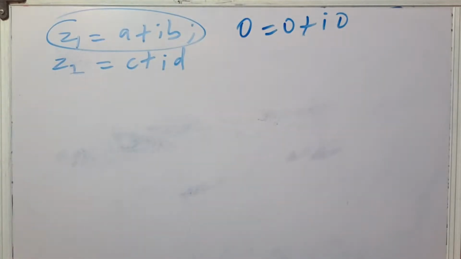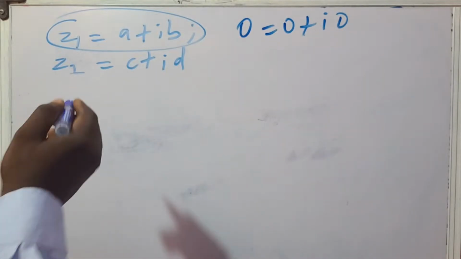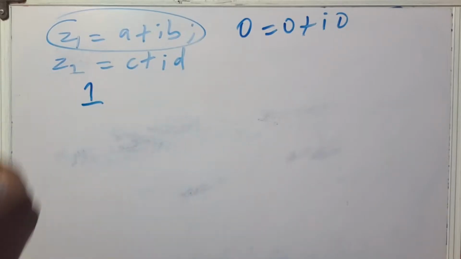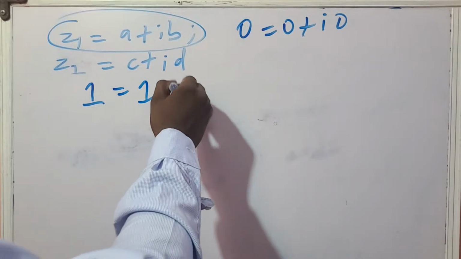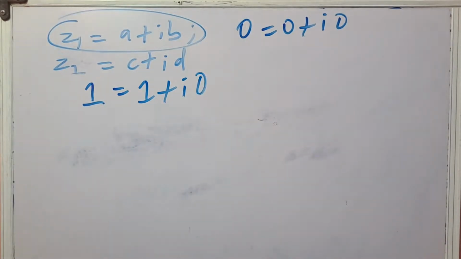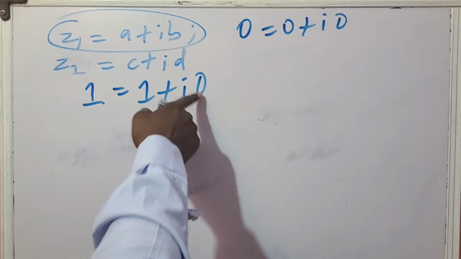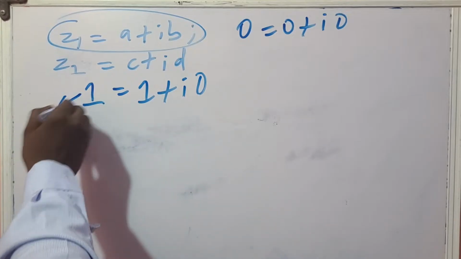Don't forget that. But under multiplication, we have what we call the multiplicative identity, and we term it as 1. It's equal to 1 plus i0. Note it. It's only 0 here. This is the multiplicative identity